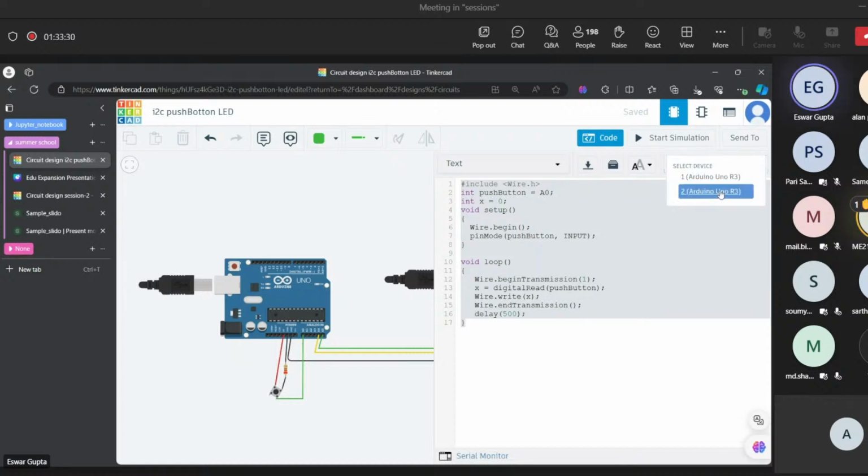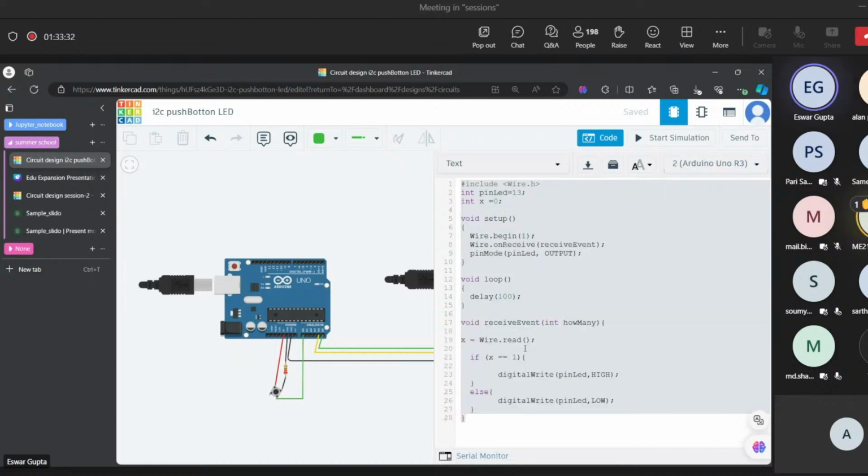Yeah, you can give it, but there's no need to, and I'll say the reason. So x equal to 1 you got, right? So the LED glows. For the next time data comes in, when will it come? After half a second, right? Up to half a second, no matter how many times you press the push button, the data is not taken. It takes data once in half a second, so even if you press it 10 times, it won't take data 10 times.